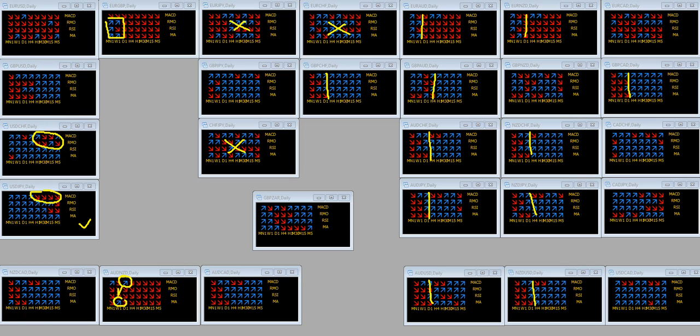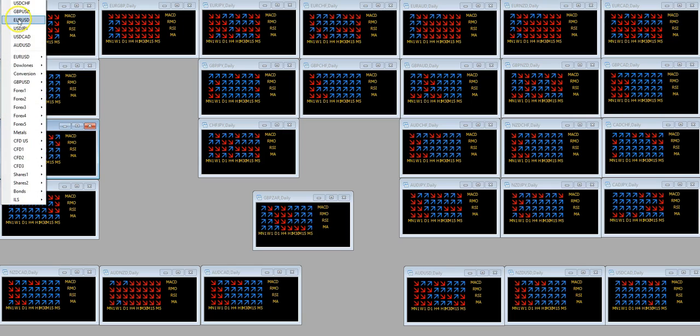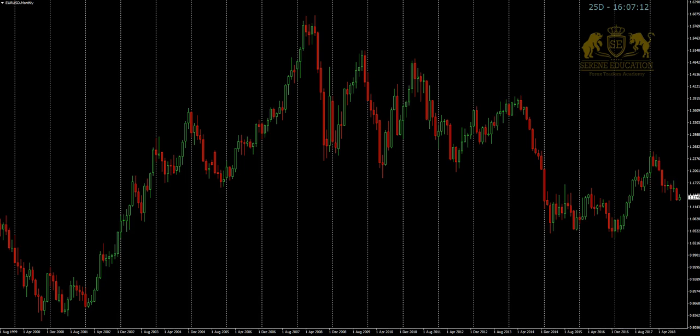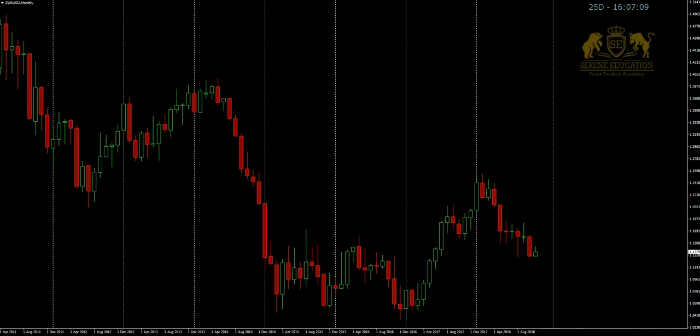So what I'm going to do is spend more time in my analysis looking at the four majors here on the hard left hand side. So let's have a look and start with those. So up with the euro, the monthly chart on a default template, and let's have a look to see how things have progressed. So we can see just by looking at a naked chart that we went through a very